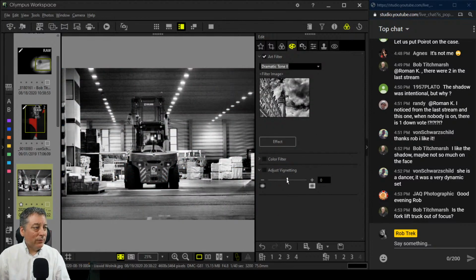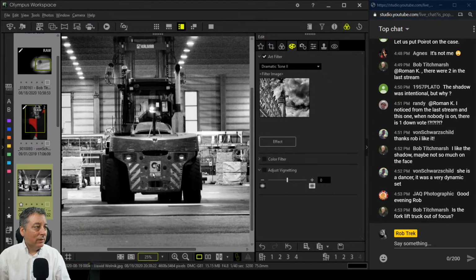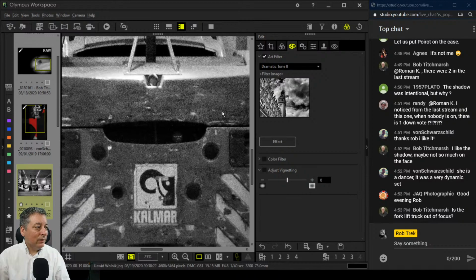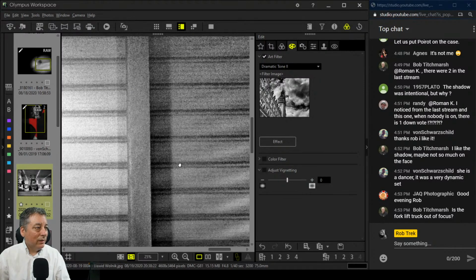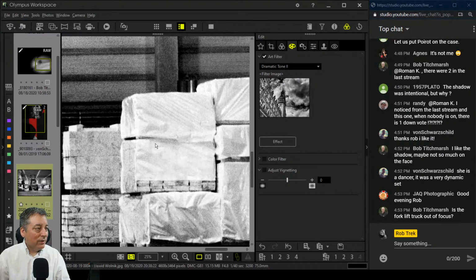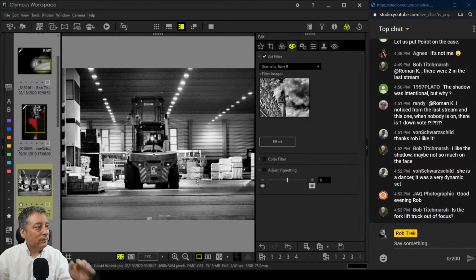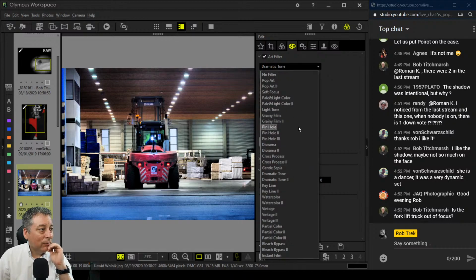Yeah, everything's a little bit out of focus. Well, no, the forklift is okay, but it's back here. I wouldn't say it's out of focus, but it's just a little bit off. Let me look at dramatic tone 1 and color real quick. Yeah, I think the black and white was better. I hate doing black and white every time, but